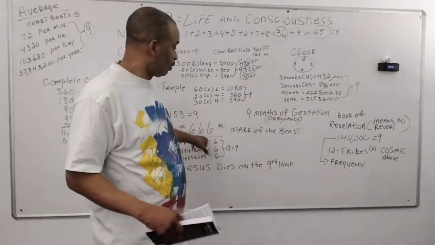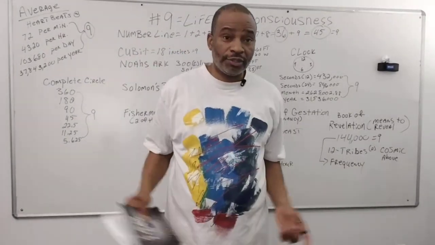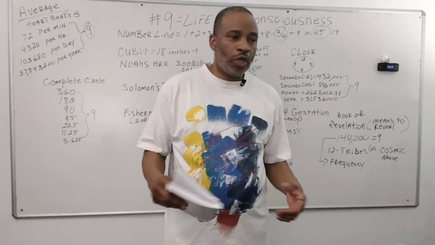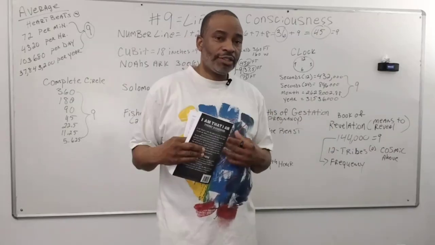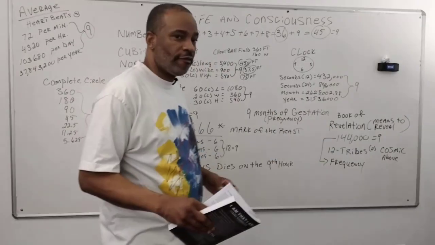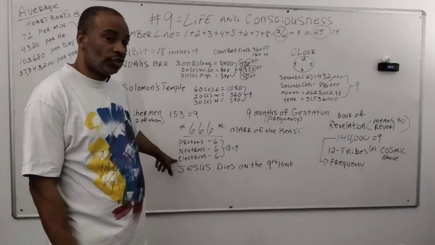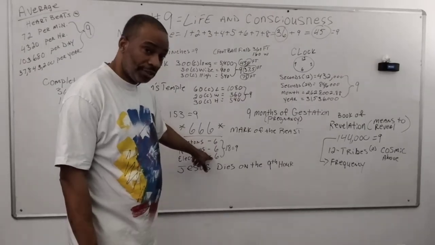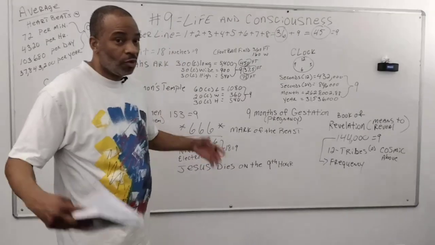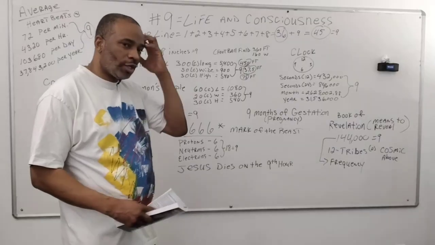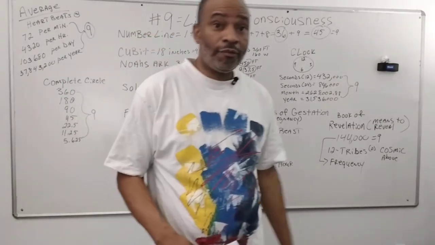666 is an ancient representation of the beast, and the beast is actually me, you, and everyone else. We are the beast in the field along with the other animals in the field that are called beasts. The difference between us and the other animals is that we have what's called 6 protons, 6 neutrons, and 6 electrons. That's your 666. Again, when you add that up, you get 18. 1 plus 8 is 9. We're going back to life and consciousness. It's talking about the mind. And you thought the mark of the beast was the devil.